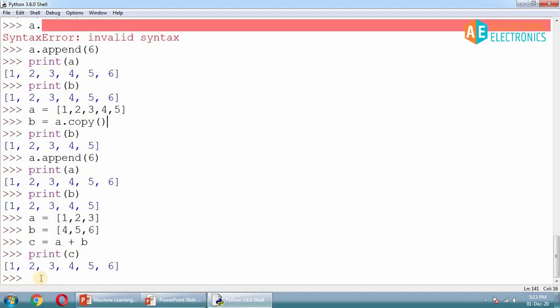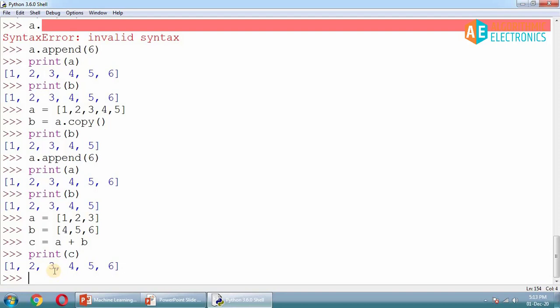So this is how we have seen that the list is ordered, it is indexed, it is changeable, and it allows duplicate members inside it. We have discussed some limited list methods, but there are a number of list methods like append, clear, copy, count, extend, index, insert, pop, remove, reverse, sort. The sort method can sort the elements of the list in ascending or descending order, and the reverse method reverses the order of your list.